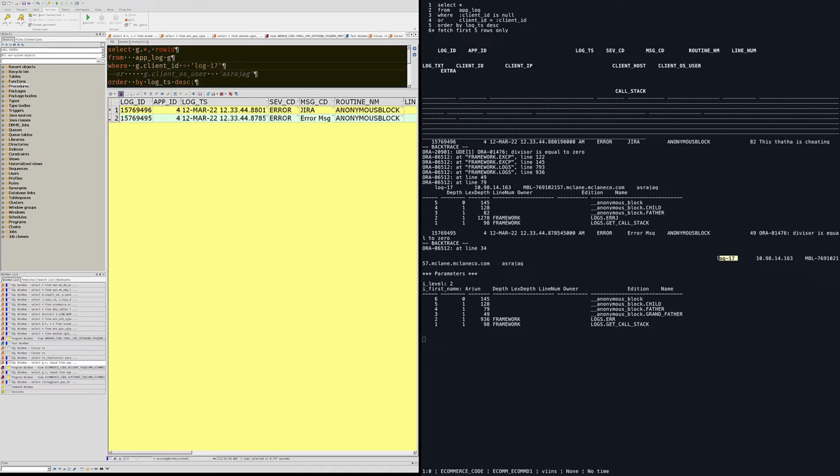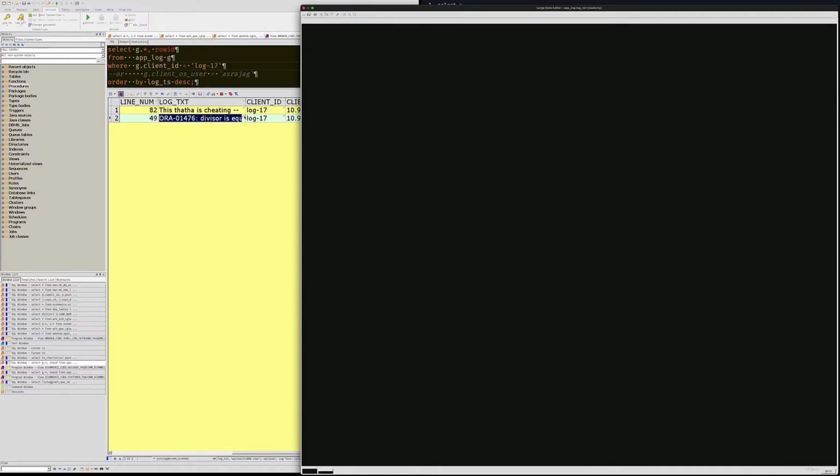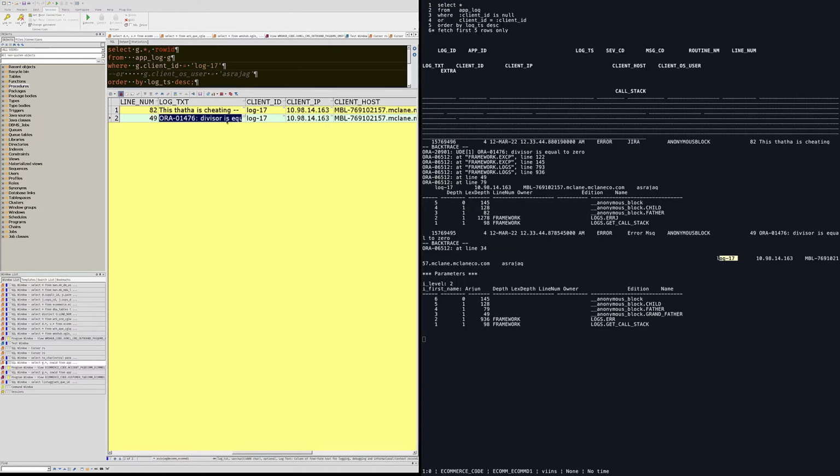Okay, so one is an error message that is at the grandfather block. If you see line number 49 going to line number 34, that's the grandfather block, and that is an error message. Whereas at the father level, it is not an error message. It is an error. Severity is error, but the message code is Jira